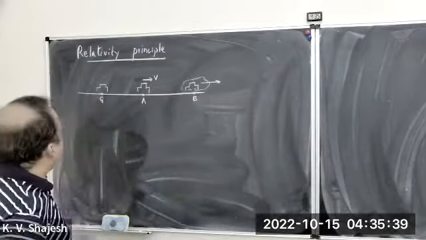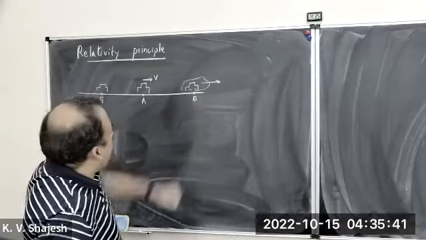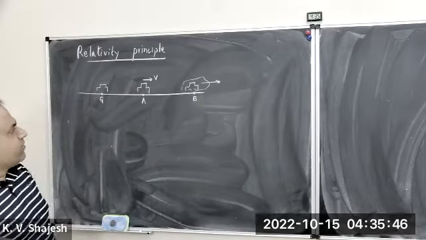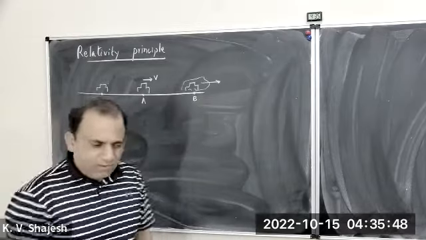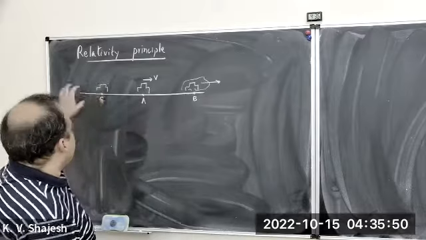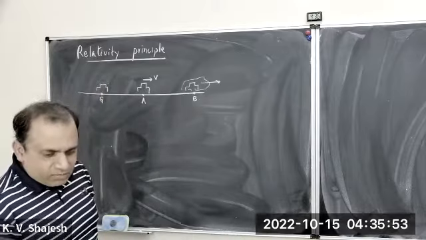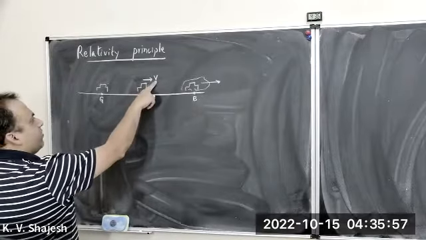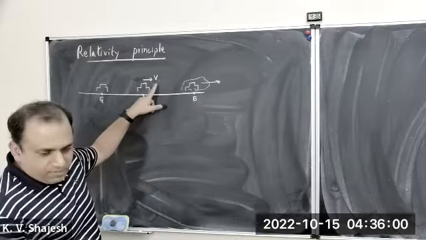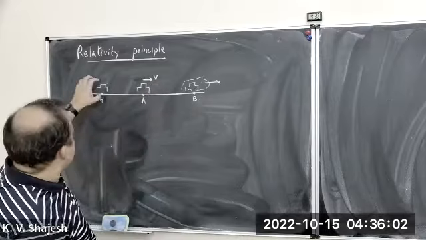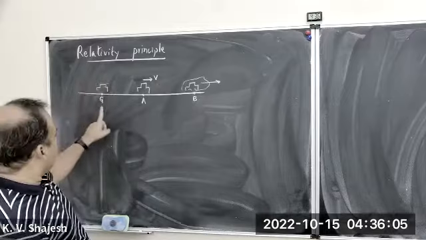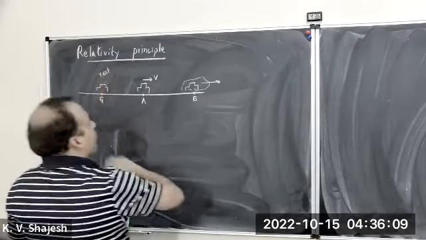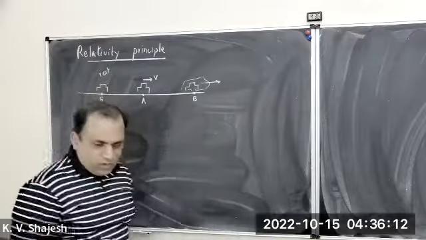So let me start by saying everything is happening on a road. Usually in physics we say it is one-dimensional, but that's not important. Everything is happening on a road. There are 3 cars we will talk about. This one particularly is going with velocity v. That's an important parameter. This is at rest. This is moving, and the other car too.